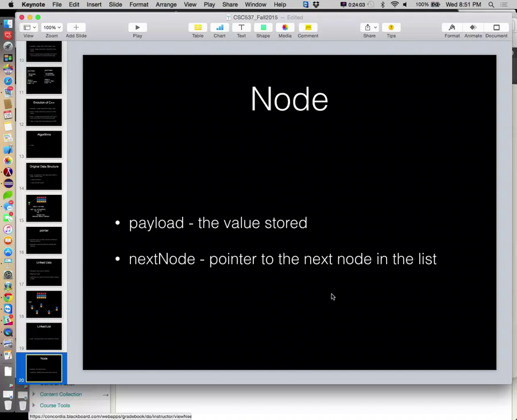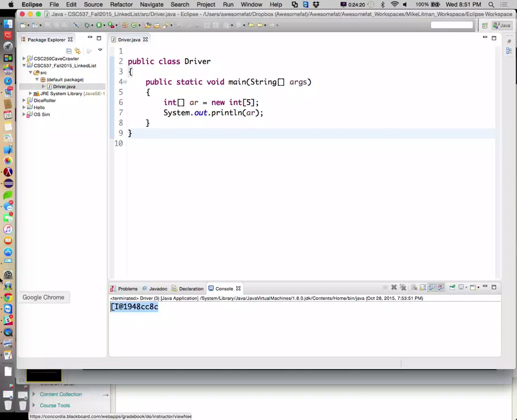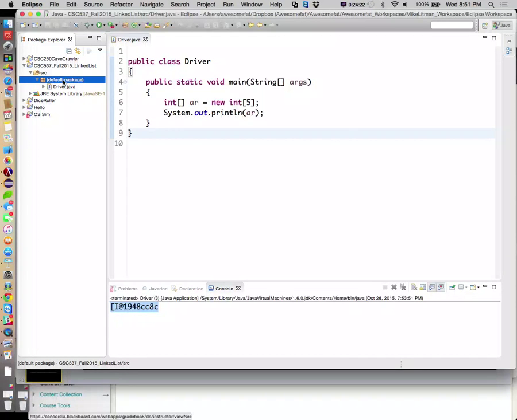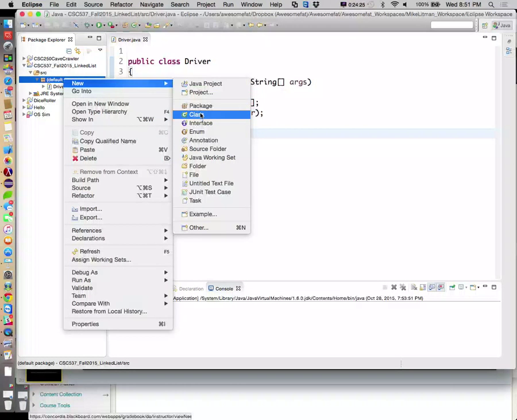This node holds a payload and a next node. It's a data structure just like anything else. We're going to use this little data structure to build a bigger data structure, kind of like Legos. This is one of the small yellow Legos, and we're going to use it to build a bigger Lego. So let's go into Eclipse, and I'm going to create this class for our node.